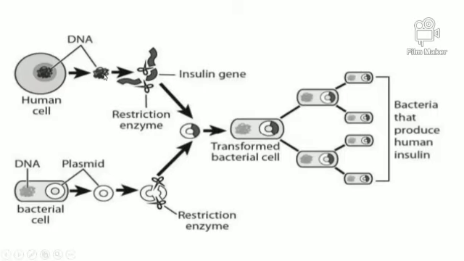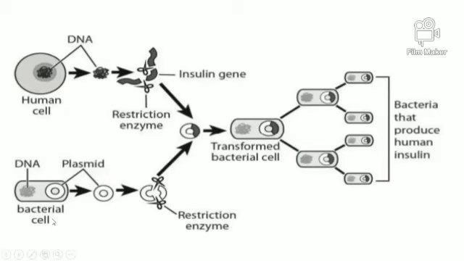After the isolation, you just require the insulin producing gene. So here the insulin producing gene is there. This insulin producing gene you have to cut with the restriction enzyme, and the other undesired genes you have to remove. Okay, so this is the restriction enzyme which isolates the insulin gene.